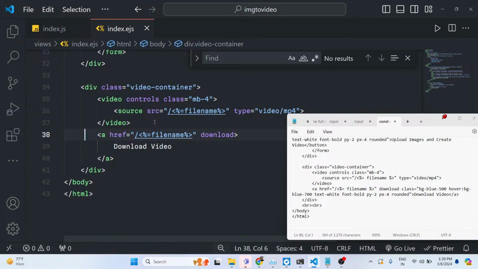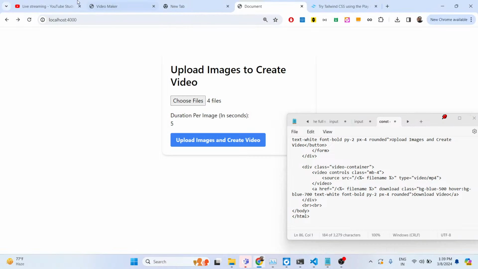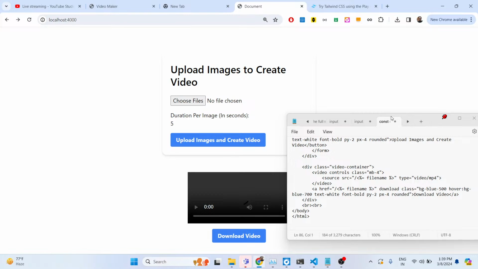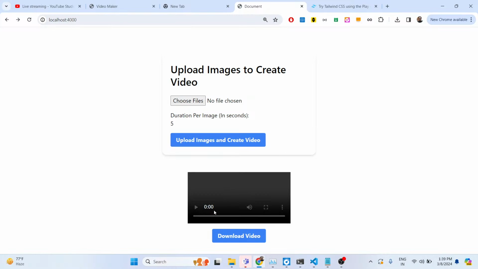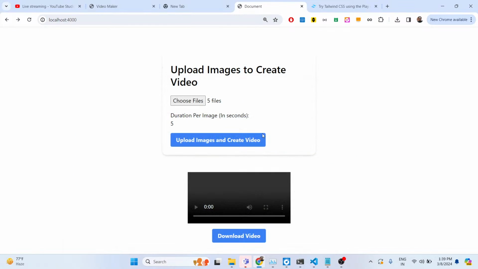It will have some classes as well: bg blue 500, text white, font bold, py 2, px 4, and rounded. Same styles that we give to the button. So again you will now see there will be a video appearing right here. Currently it is empty. So if I now select these 5 files, and each image will appear for 5 seconds,